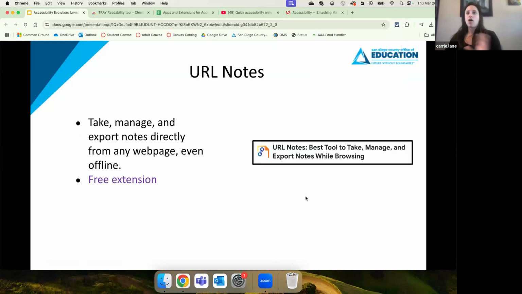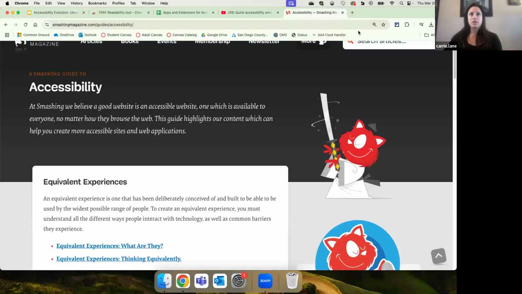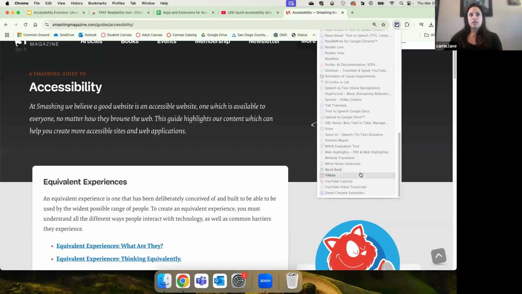Another couple of ones that help with organization. I really wanted to focus today on things to help keep your students focused, organized, and on task. And so movement helps to keep that focus going. And then also some study tools for organization. So I'm just going to go to this article right here. It's just a random accessibility article. And I'm going to turn on a little